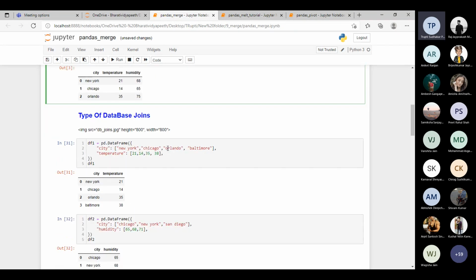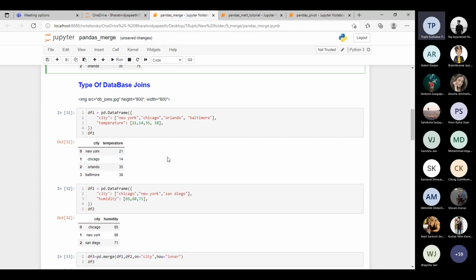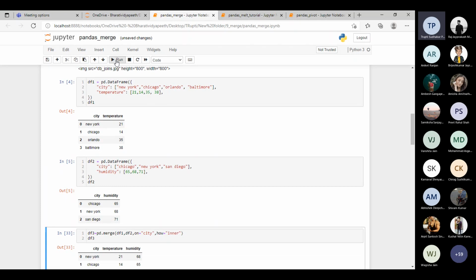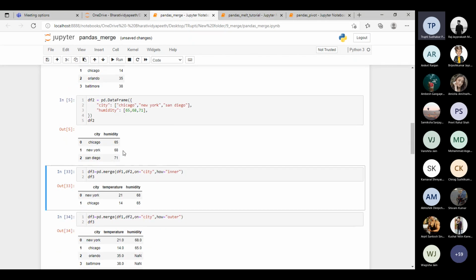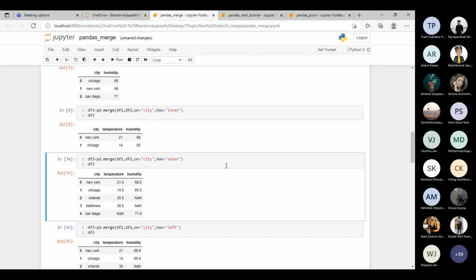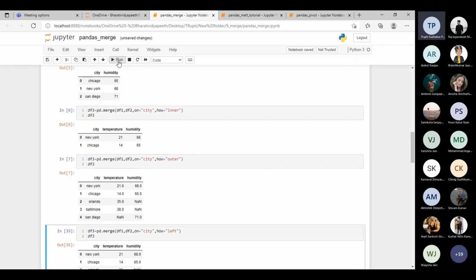Okay, this is what joins in databases are, how we join the database. So this is one data frame, this is the same other data frame, only the names have been changed or added. Here we have done the merging and we want to see how we can do an outer join. Here the word is called outer join. And let us see after running it what happens. Now can anyone tell me what outer join does?